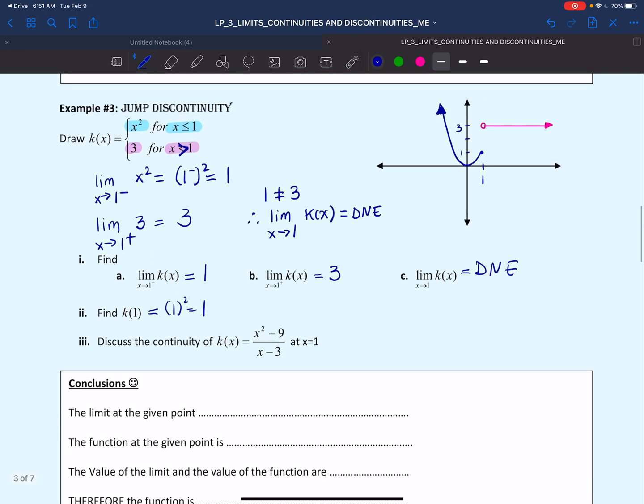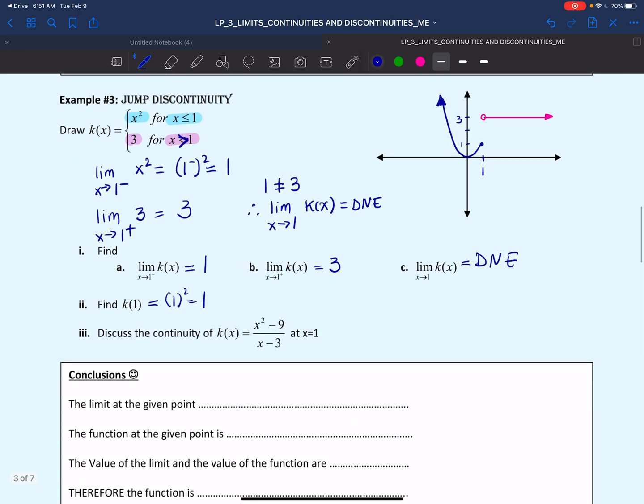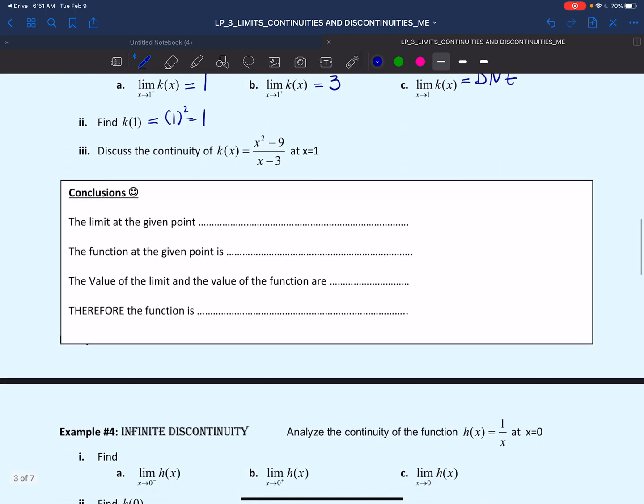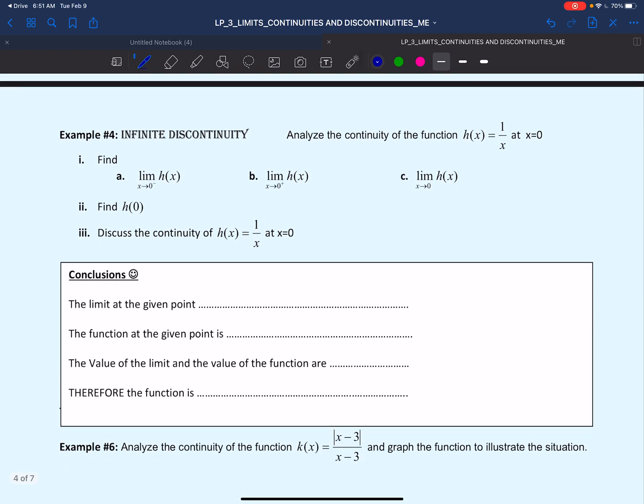Now, this is actually something we can skip ahead. And we're going to take a look at infinite discontinuities now. So we have to analyze the continuity of 1 over x at x equals 0. So first we're going to have to find the limit as x approaches 0 from the left, 0 from the right,